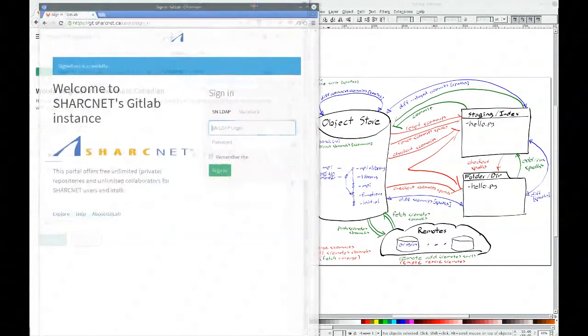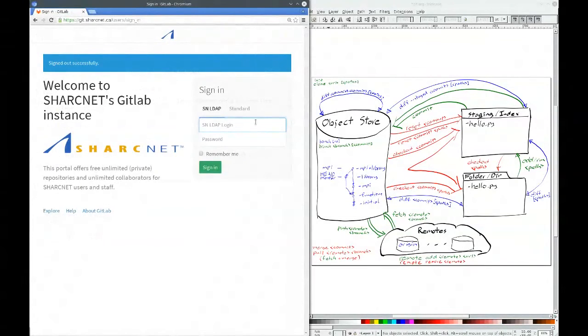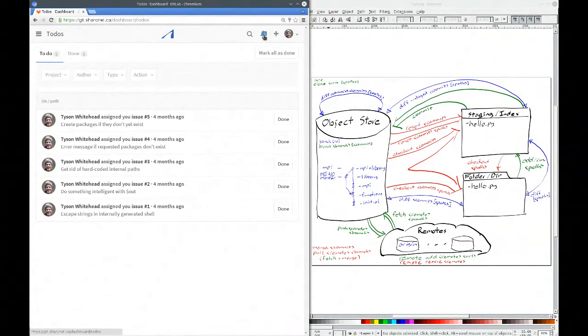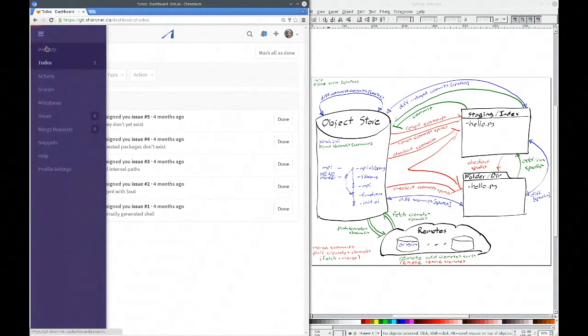Now, let's bring over another browser here. Here is me. I'm going to log into the GitLab server as the person who created that project. Then I can see my projects. I have a variety of projects. I have the hello project, and I've got this little to-dos icon up here, which pops up my list of recent to-dos. So let's have a look. If I go back over to my projects,